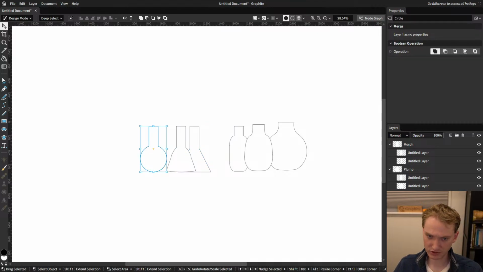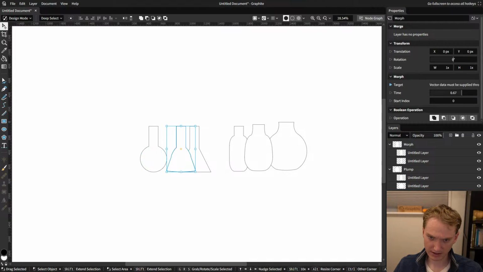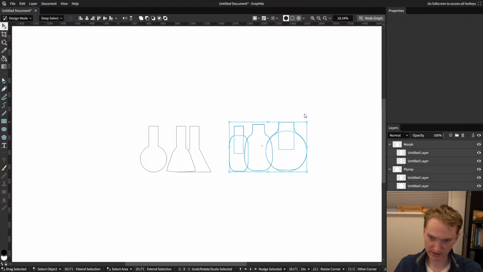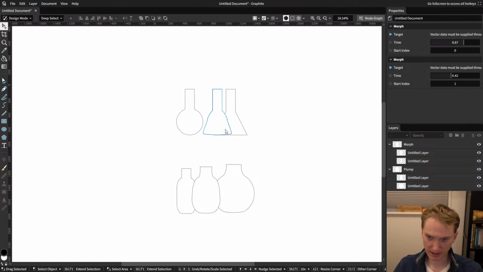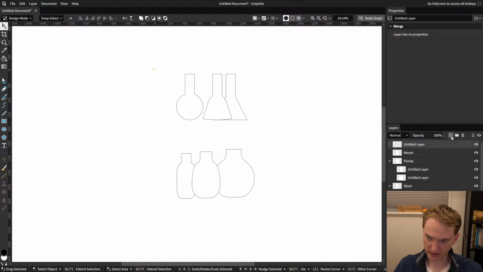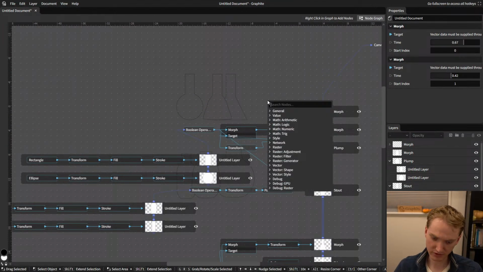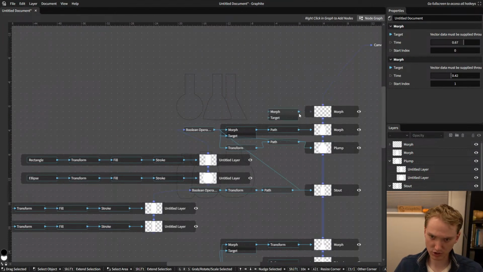Okay, so the circle and triangle, as well as its morph, and then these ones, they're going to go down here. So we'll put it down there. And now we can make a new morph. So this is a new layer here. And what we're going to do is we're going to add another morph node and go between the two existing